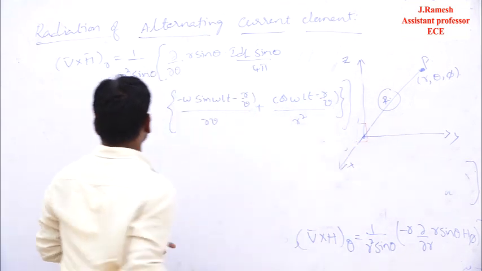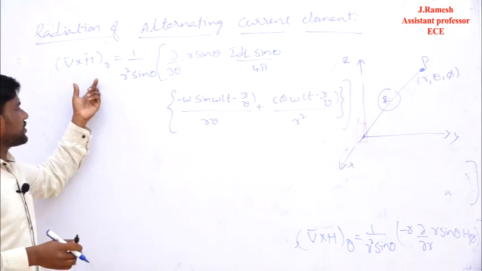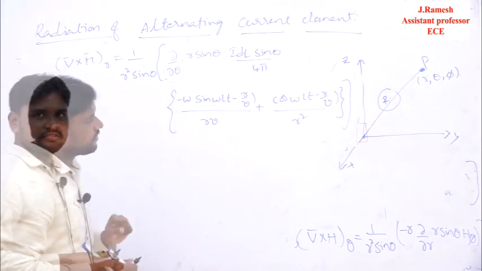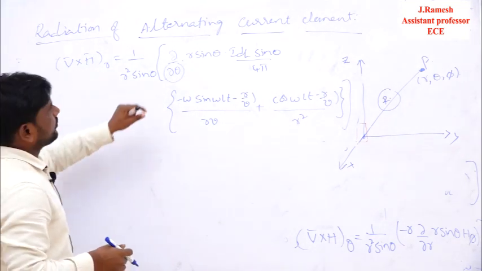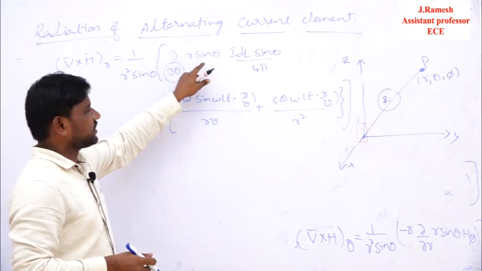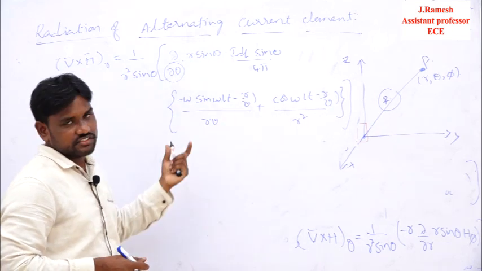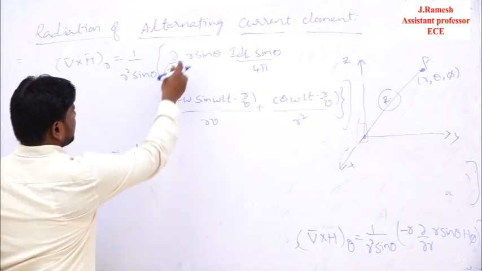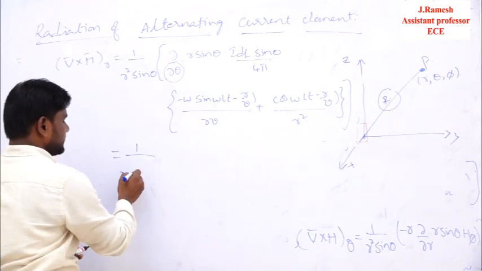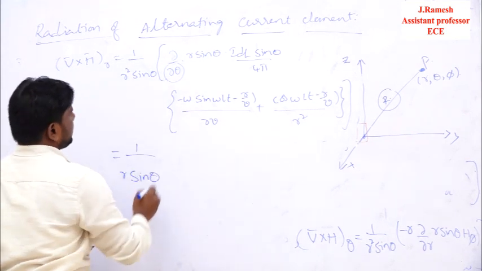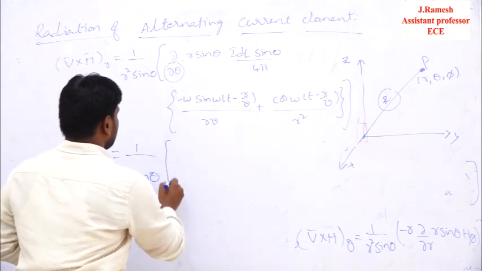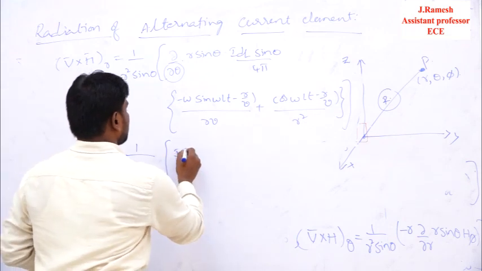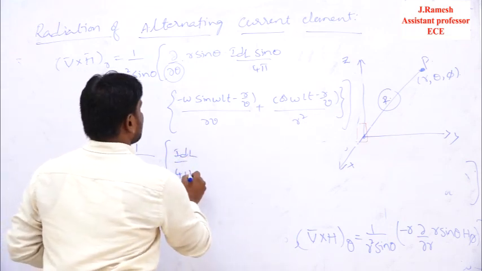So these two terms are in the del of h bar r component. Now we are going to differentiate with respect to theta, so r and the remaining constants we take outside. Now 1 by r square, so one r and one r get cancelled. So 1 by r sin theta should be taken outside. Now IDL by 4 pi is also a constant, so I am taking it outside.